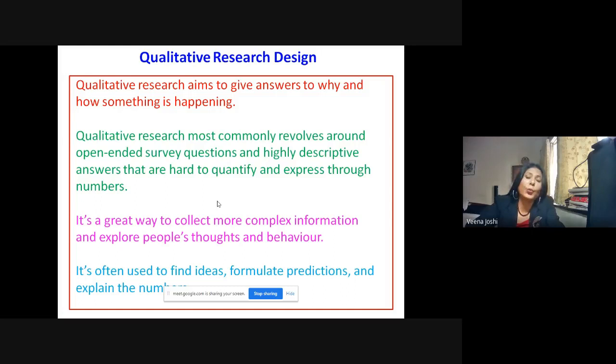In case of qualitative research, the designing has to be done with enormous time and thought. Why is this happening? I don't know. I don't know, that is why we are doing research, no? If I knew, why would I do research? So I know nothing at this point of time. All that I have is a problem.